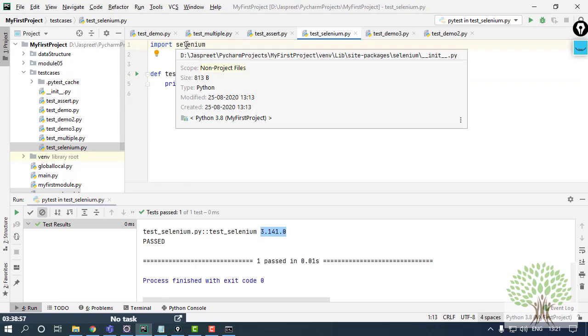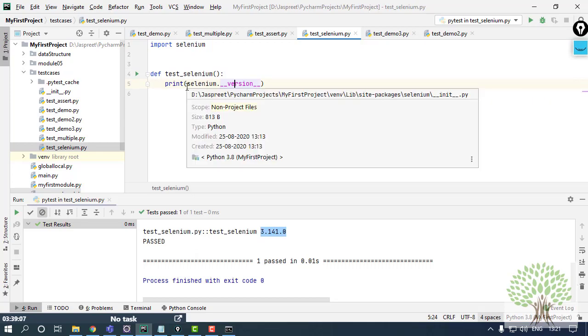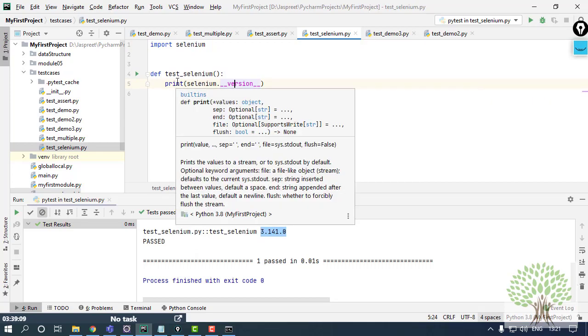For the package Selenium, the path where it has been installed, the version, the commands, the whole details are given like this. So you don't have to manually download some documentation for the commands and install it into your IDE. That's not required.